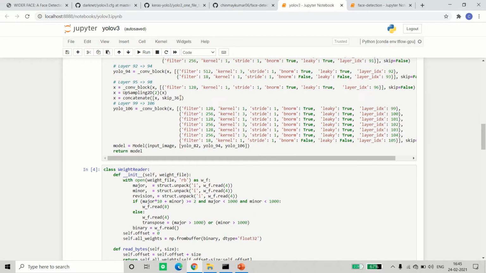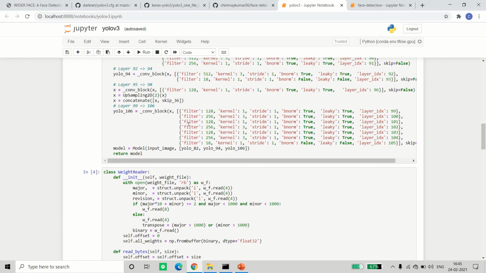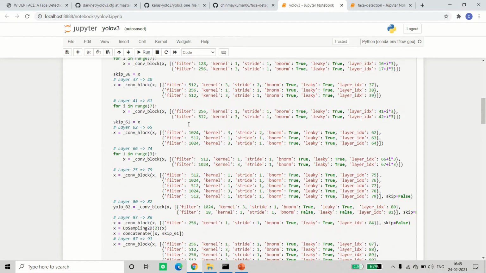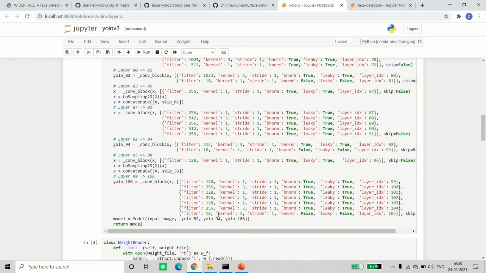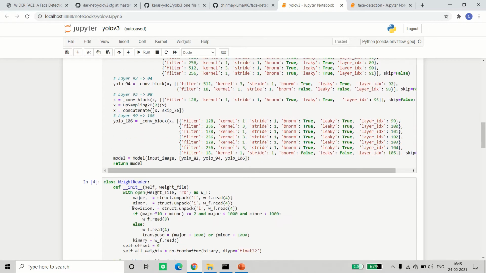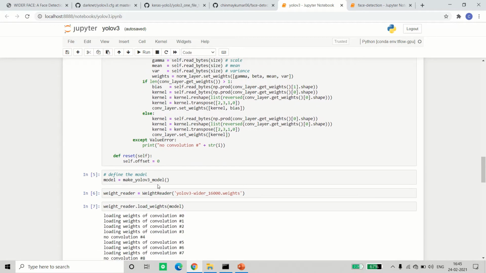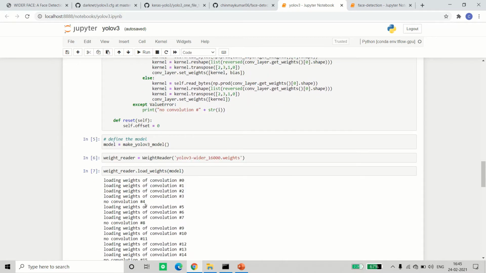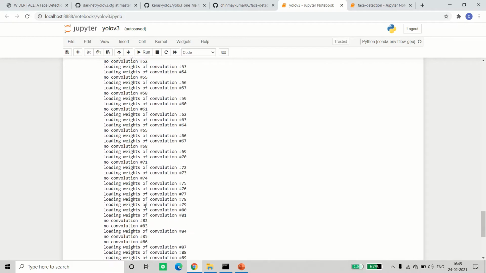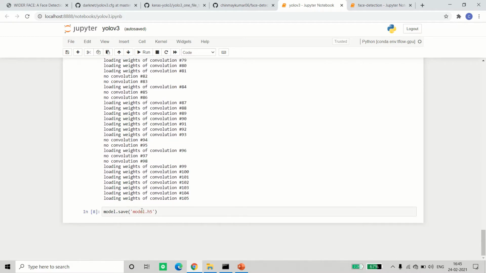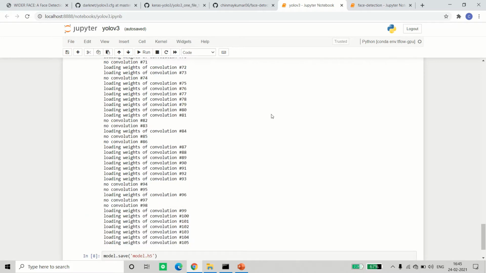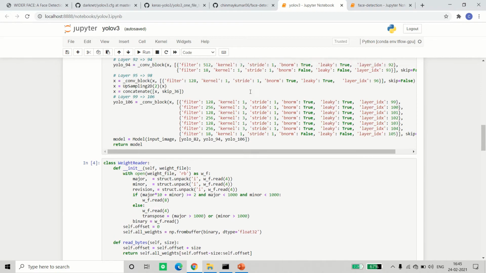This WeightReader class I've used to read the darknet weights into my YOLO Keras model. Finally, the model concatenates the outputs taken at three places, and all three are concatenated and then given as an output. We'll see how the output is taken later. So we're just reading the weights, loading them into the model, and finally saving the model.h5 file. The Keras model has been saved, and this will be used for face detection, because we have been doing this for a single class.